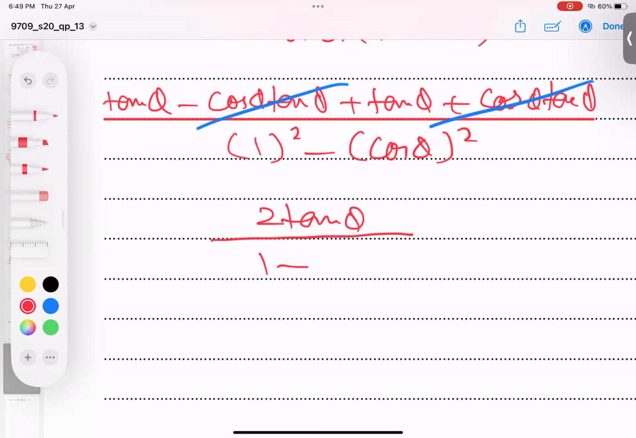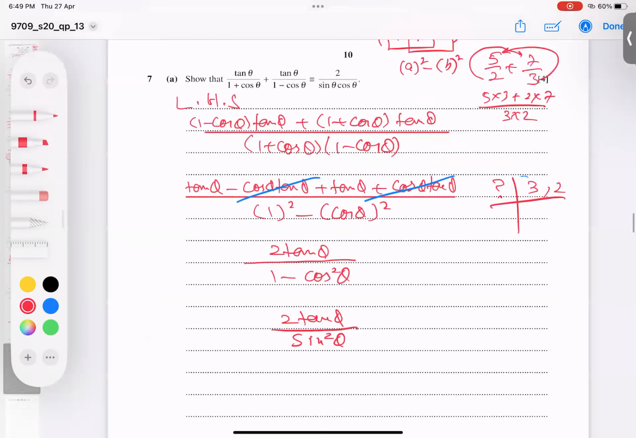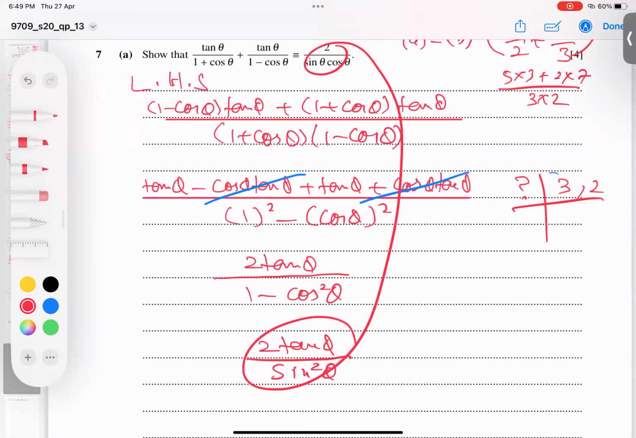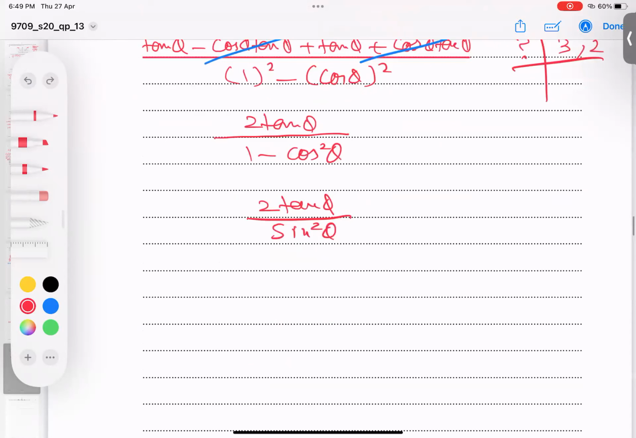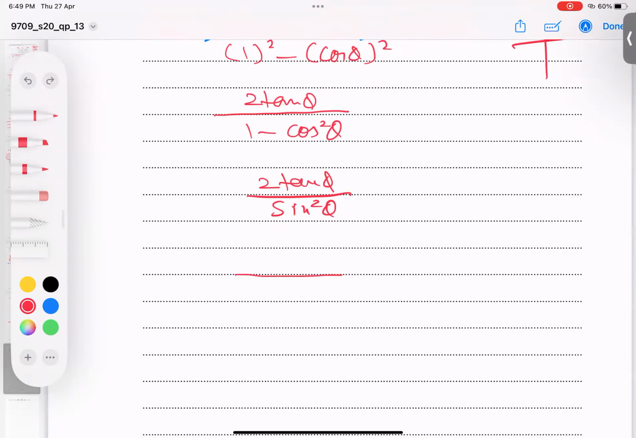Down. I got 1 minus cos squared theta, which is equal to what? Sine squared theta. But hold on, what is my target? It depends upon target also. We don't need tan. So what is the tan value, students? Tan value is sine over cos. So when I replace sine over cos, you see,